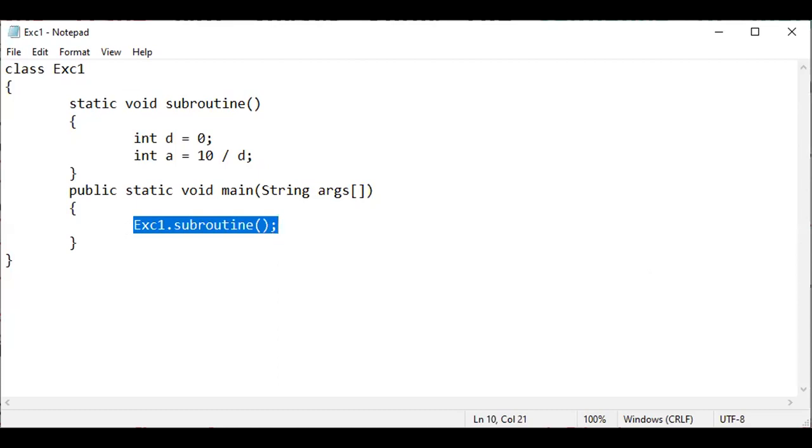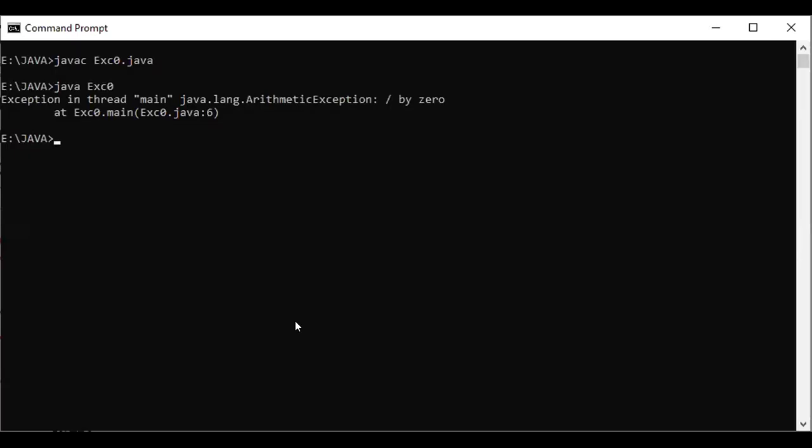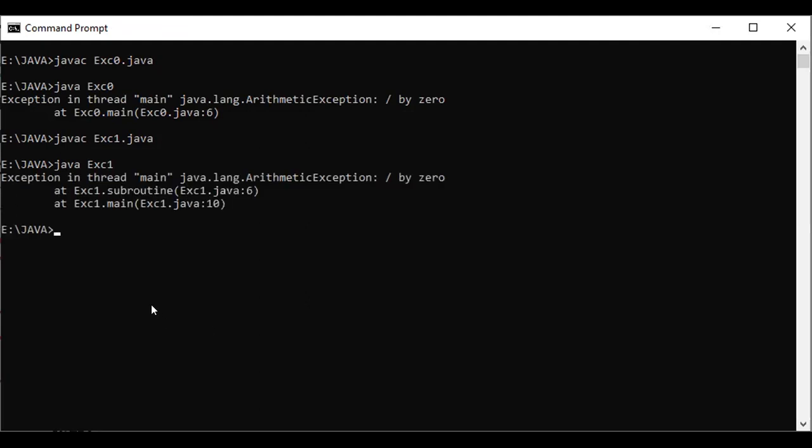And go to the execution at the command prompt. So see here, javac Exception1.java, no errors at compile time, and we are trying to execute this one, and it generates a runtime error like this. Got it?